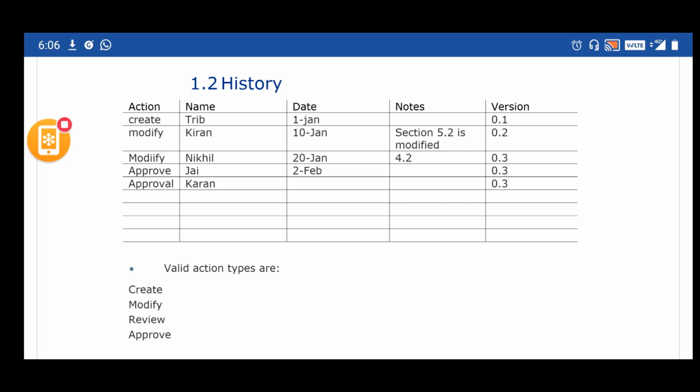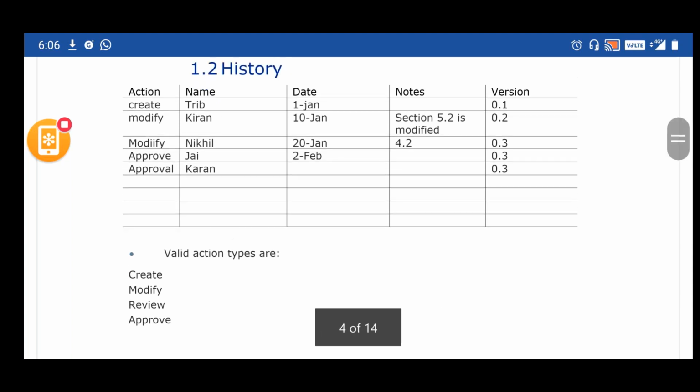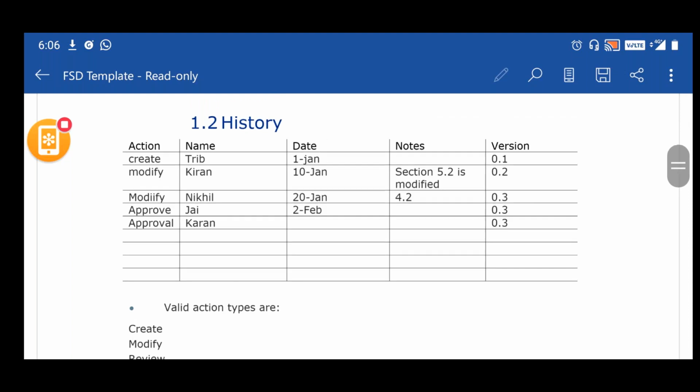The name is the name of the person. The date is when it is created, modified, reviewed, approved, and so on. As for the version, you have the different versions that are defined. The version of the documentation will change based on the approvals and the changes.